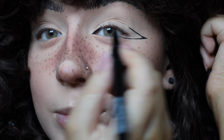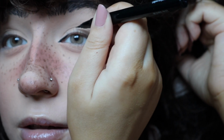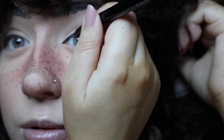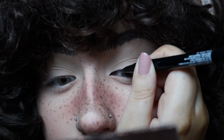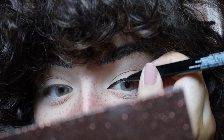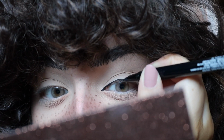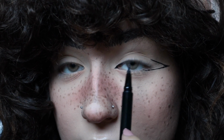And then this is where we go back to the front of our eye. Just ever so carefully start to line your lashes. Now for my eye shape, my lashes right here go up a bit, kind of a downside of the almond-shaped